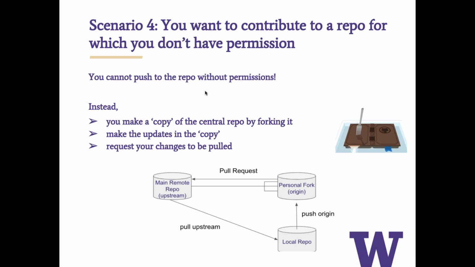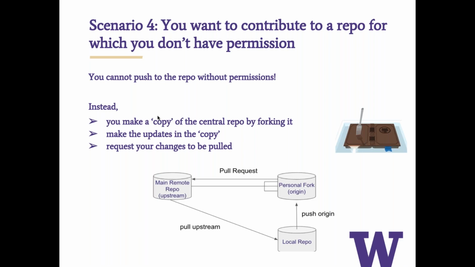And this is when Git and GitHub are really powerful, because you can just find a repository that you like online, and you don't have permissions for that repository, and you have the opportunity to actually contribute to this repository by just suggesting your work. The process is called, so because you don't have permissions, what you do instead is